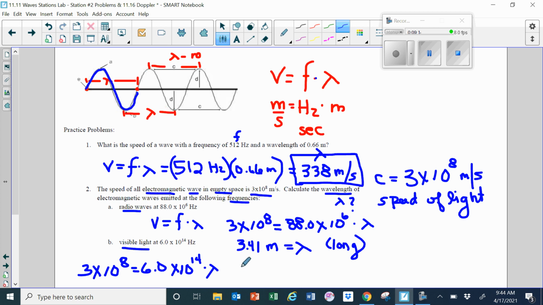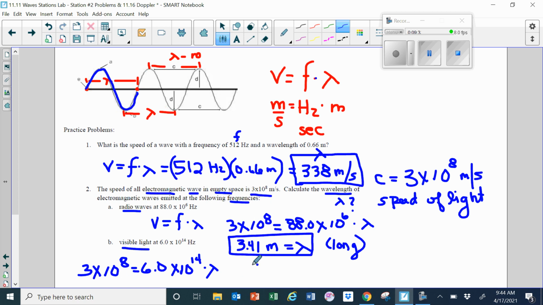Dividing these two out, here I'll circle the first one. There's the first one. Then dividing 3 times 10 to the 8 by 6 times 10 to the 14th, which you get